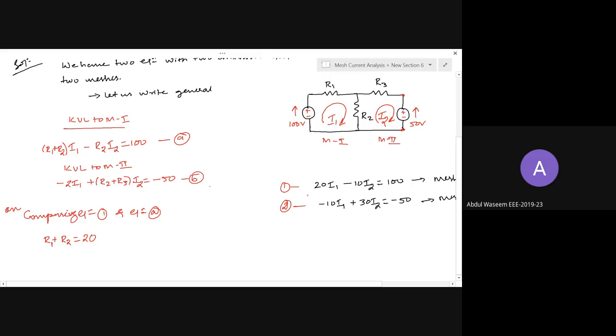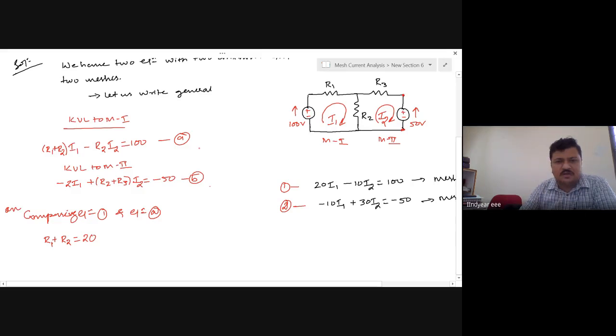Comparing equations, what I did is I observed the equation and got to know the orientation of the circuit. I wrote the KVL equation for the general circuit, for which I don't know the values. Then I simply compare those two, and I will get it very easily. This is the easiest method to get a circuit from the equations. There are various other methods, but this is the easiest one.